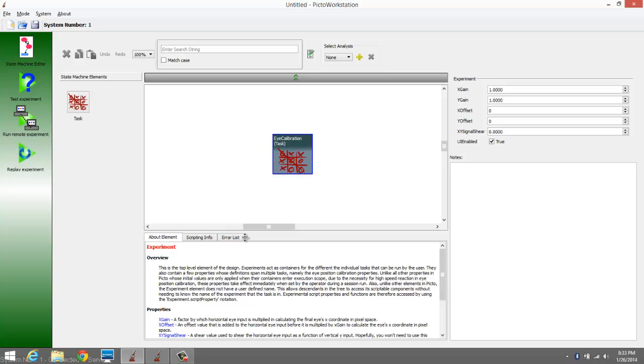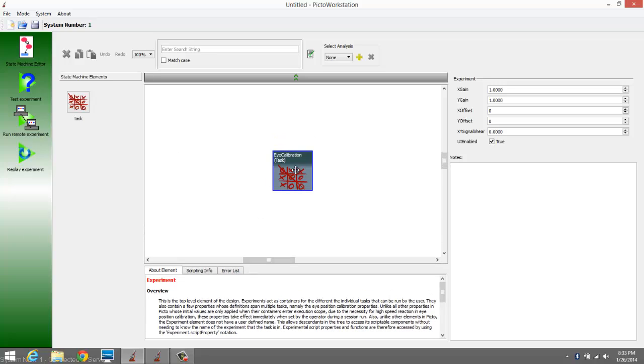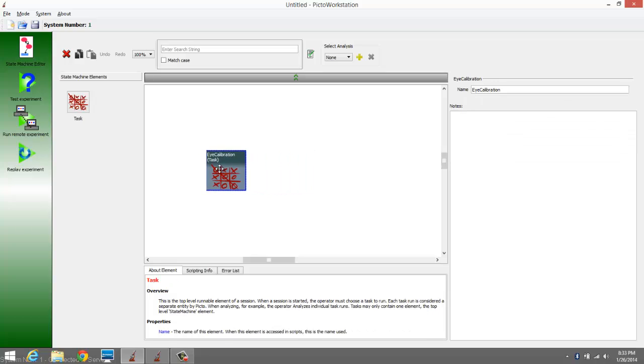We're starting from scratch. Every experiment that starts from scratch starts with an eye calibration task. Like I said, I'm not going to get into that, but you always have to calibrate the eye position of the test subject. So we always want to have that as one of our task options. But here, let's add a new task, and we'll call this test task. Why don't we make it similar to the task that we just had, but in this case, instead of one little stimulus,